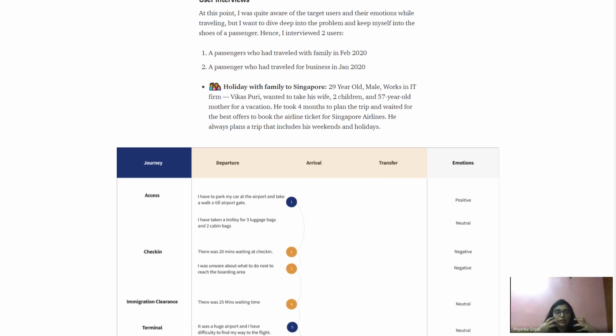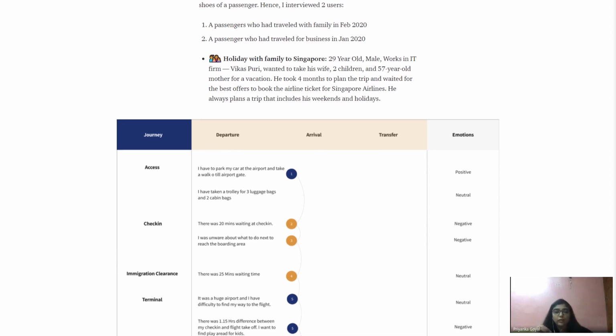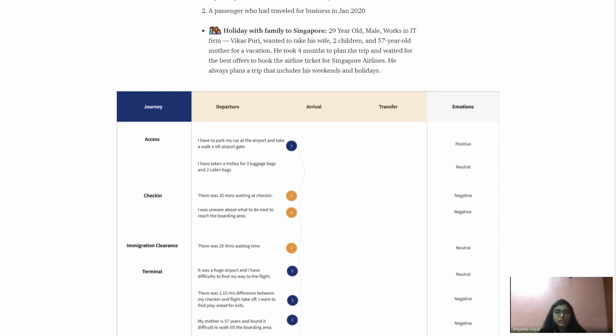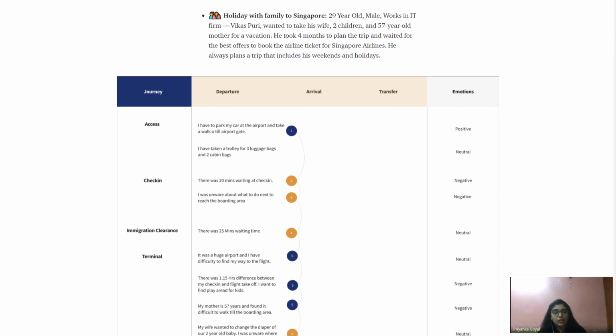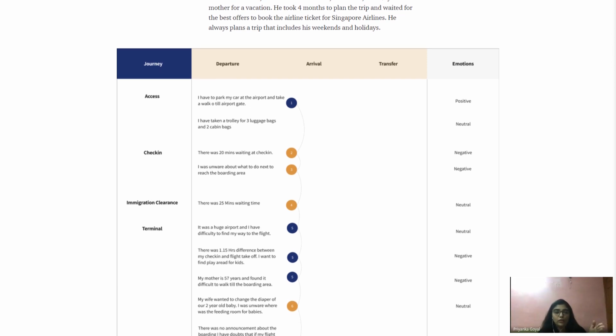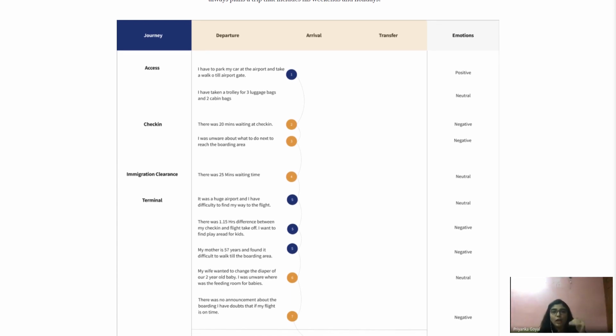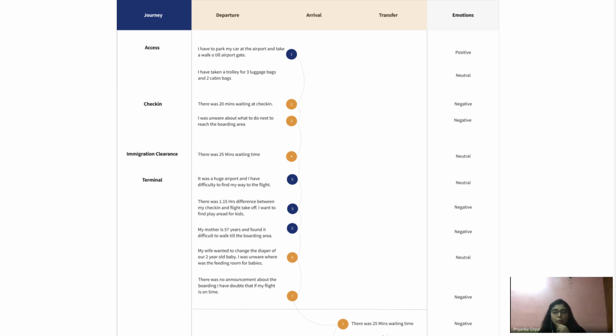Like I'm trying to say that, for a person who is traveling with the family, what kind of challenges and pain points he goes through when he's traveling. So here I've also made a customer journey map: what kind of challenges he faces during departure, arrival, and transfer, and what kind of emotions he goes through. Because it is very important for my interviewer to see that I have dived deep into the user persona. I've empathized with them. I understand what kind of things he faces